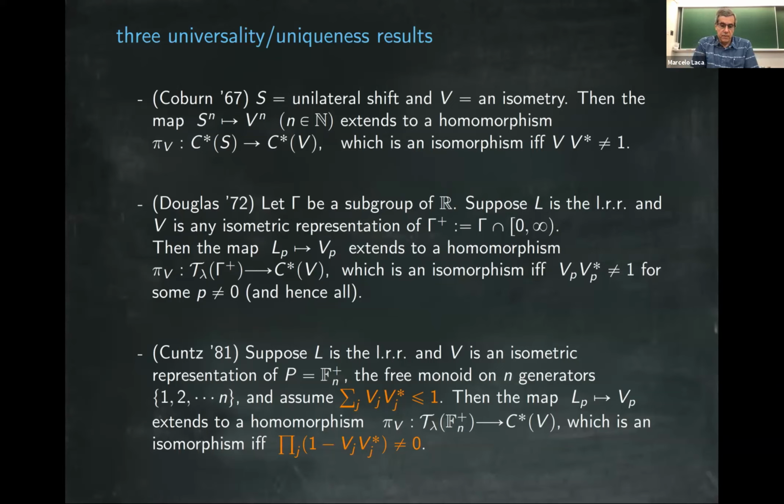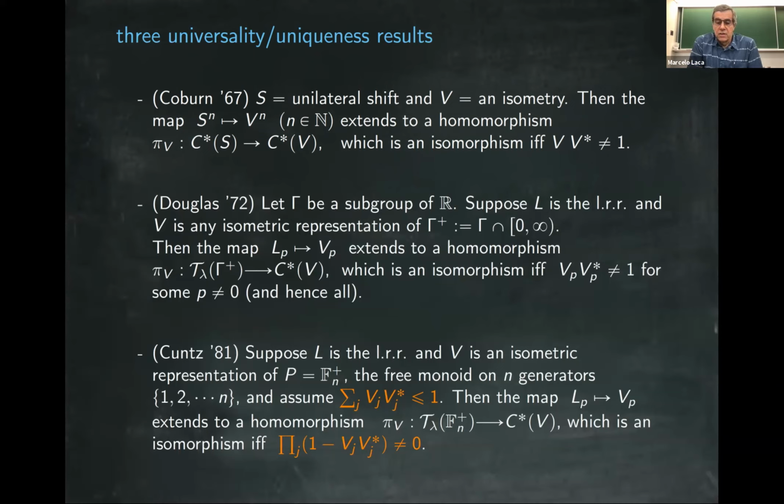And this is a result that appeared in 81. It appeared after the famous result on O_N. It's about the Toeplitz extension of O_N. And what it says is that if you have the left regular representation and another isometric representation of the free monoid on N generators,